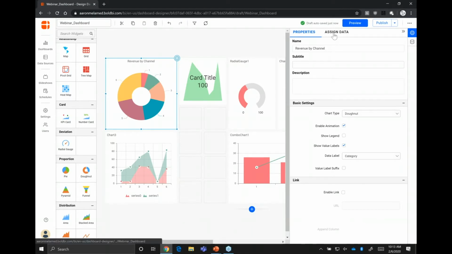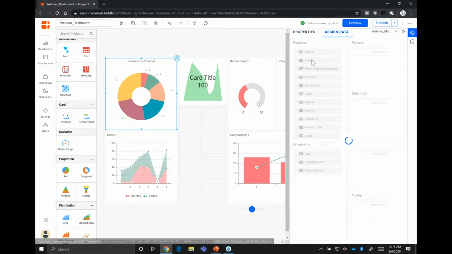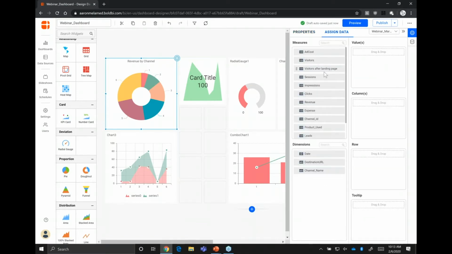So next up is setting up or applying some data to the widget. And you do that by clicking the Assign Data tab at the top here. So I'll click on that, and this gives me access to all the different fields from my various data sources. So again, I set up 3 different data sources for this particular dashboard. And in order to select between them, we have this drop-down menu in the top right corner of the Assign Data tab. So if I click on this, this gives me access to those 3 different data sources that I